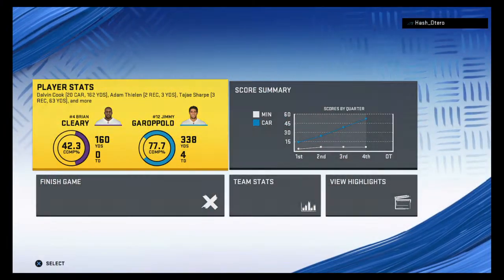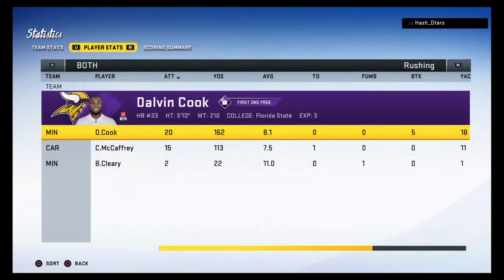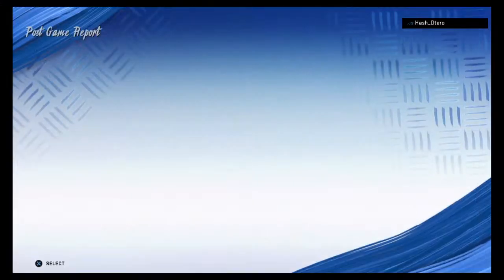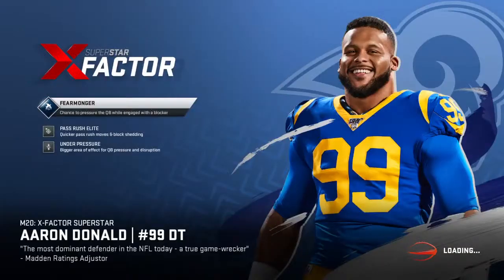So for Carolina, a loss would have really hurt. As it stands, they finish the first half at 3-5. And they will hit the road next week for a date with the Green Bay Packers. Meanwhile, for the Vikings, the struggles intensify as they drop to 2-6 now on the year. And they'll try and turn things around next week as they have a date at